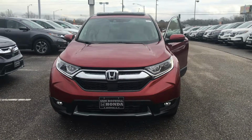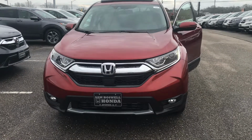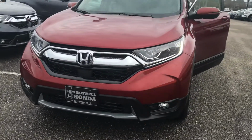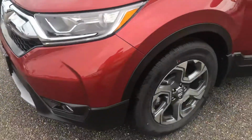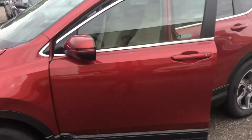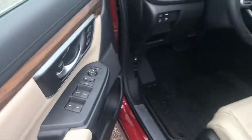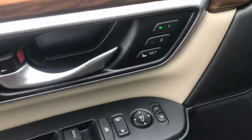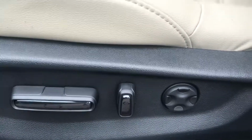This is the 2018 Honda CR-V EXL. It is equipped with fog lights. And you have LED daytime running lights. You will have memory settings for your seats, which include lumbar support,